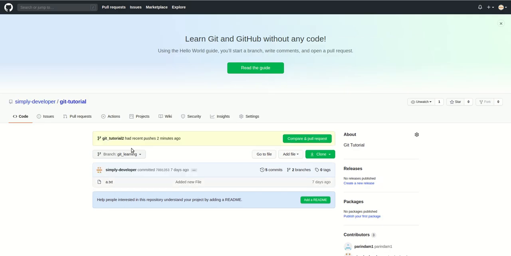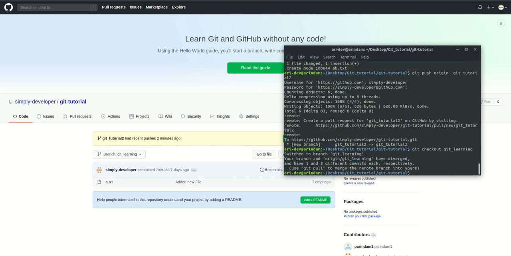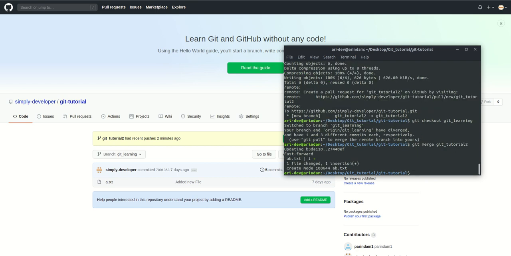Now we are merging both branches, git learning and git tutorial 2. How to merge? git checkout git learning. Okay, now we need to merge, so git merge git tutorial 2, and the merge is done.